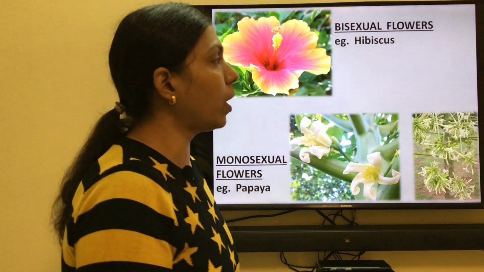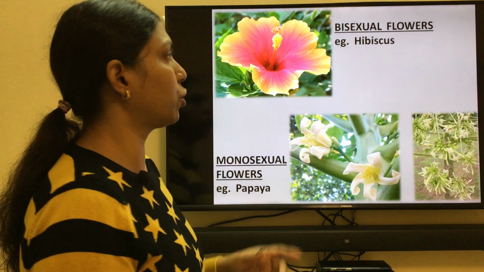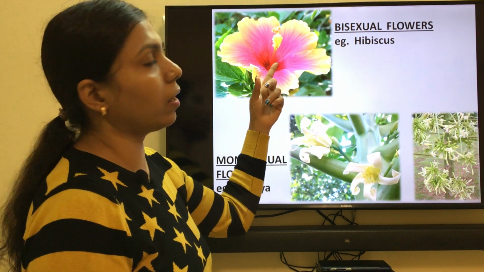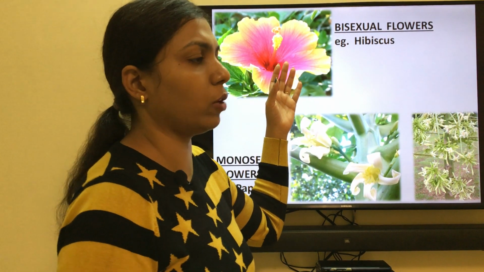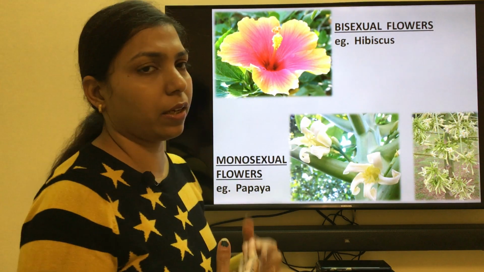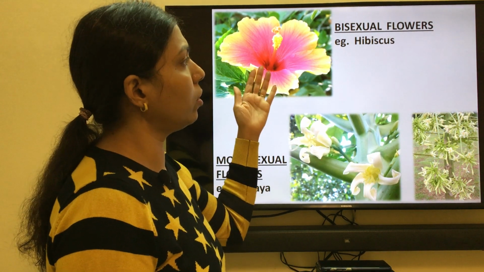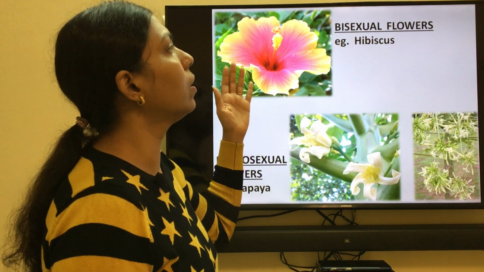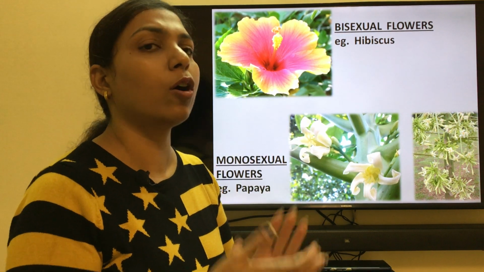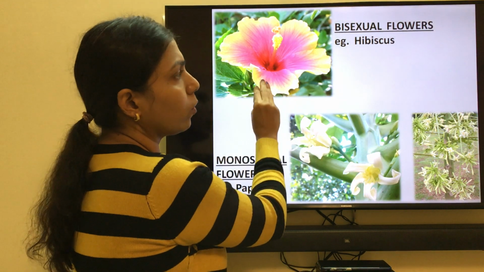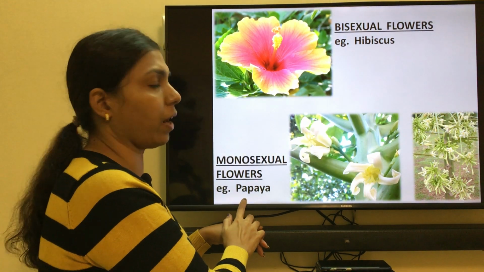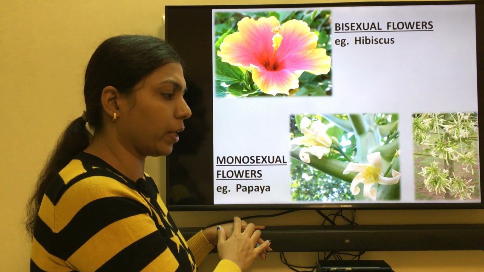Next we come to bisexual flowers and monosexual flowers. In bisexual flowers, an example is hibiscus, which we commonly also call China rose, or shoe flower, a very commonly available flower. So in a bisexual flower like the hibiscus, the male reproductive part and the female reproductive part are both present inside one single flower. But in monosexual flowers, for example a papaya plant, if you have seen it growing in your gardens